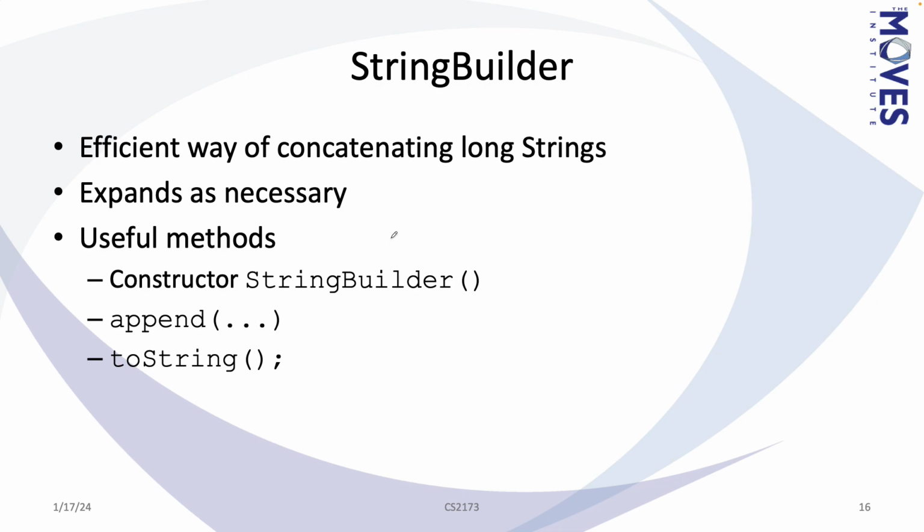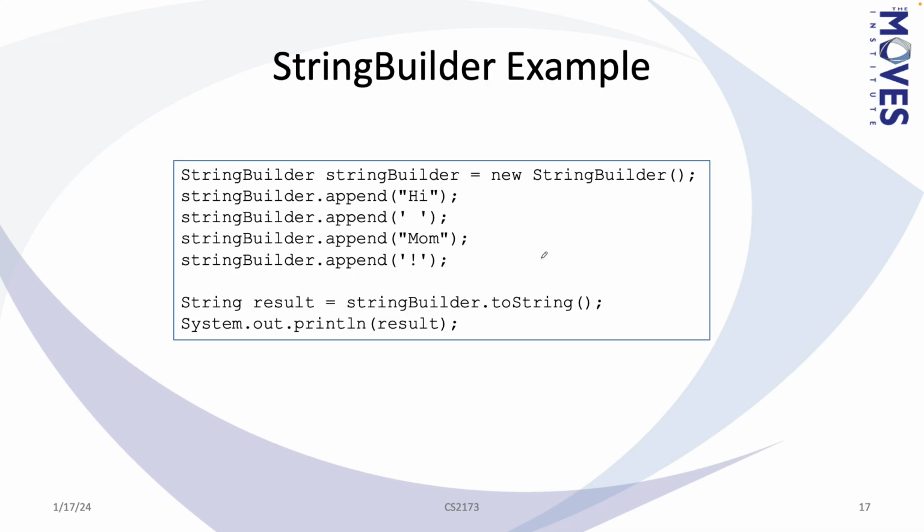A lot of times when we're concatenating long strings, or in a situation where we don't know how many things we're going to concatenate, usually converting from an array into something else, we can use one of these StringBuilder things. So here's a simple example, kind of unnecessary. Here we instantiate a StringBuilder, and then it has a method called append, and we can append characters, we can append numbers, we can append strings.